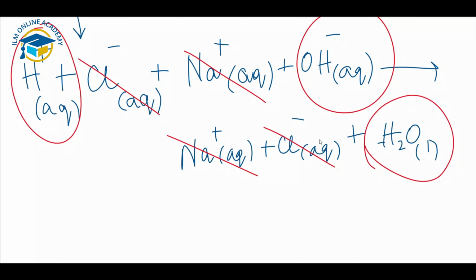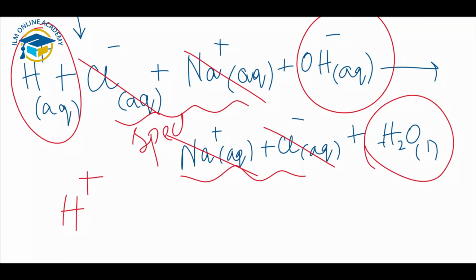So the use of state symbols clearly shows which ions have not changed during the chemical reaction. They have been crossed out like this and can be left out of the ionic equation. This leaves us with the essential ionic equation for all neutralization reactions. We have H positive ions. So these are the spectator ions, which do not change their state or take part in the chemical reaction